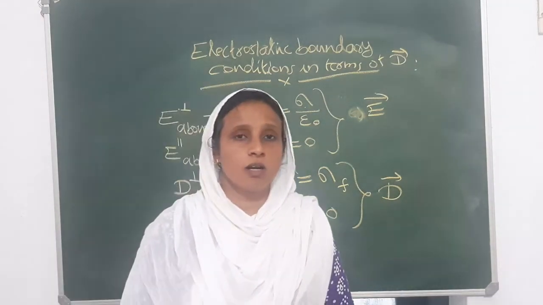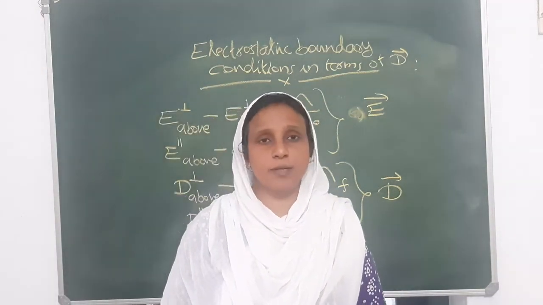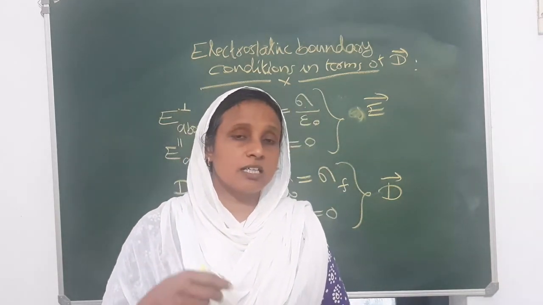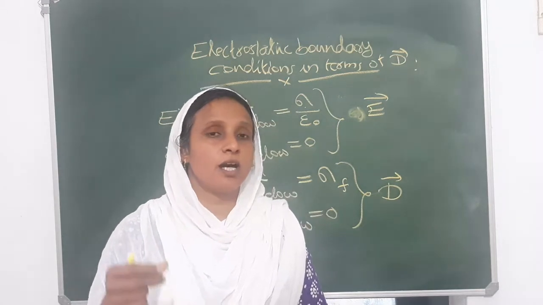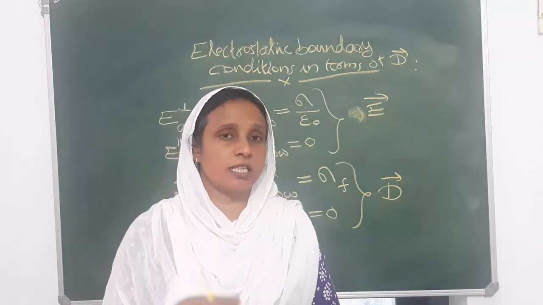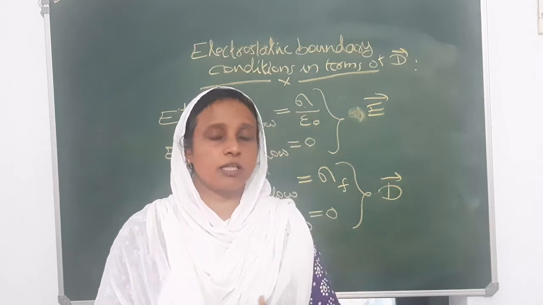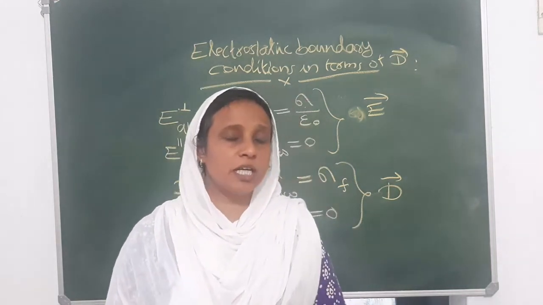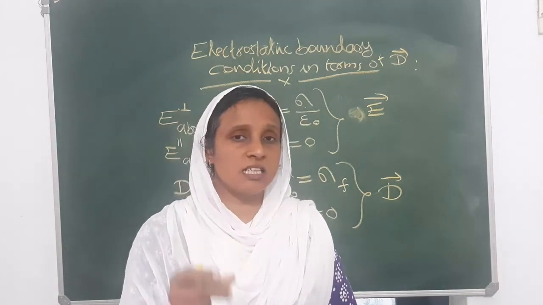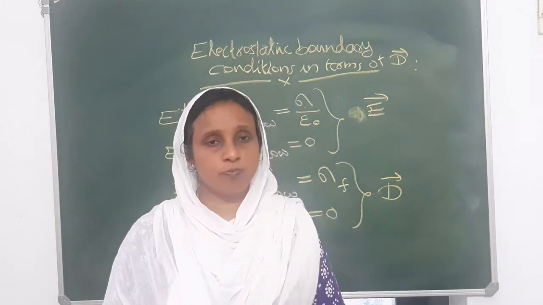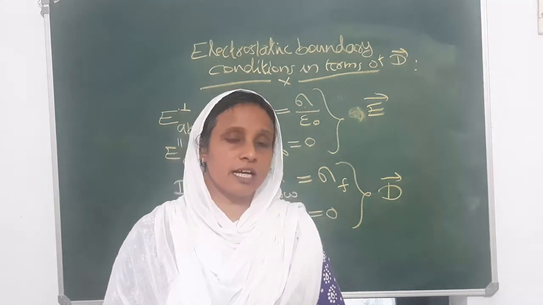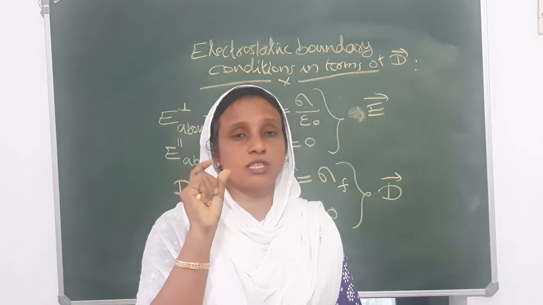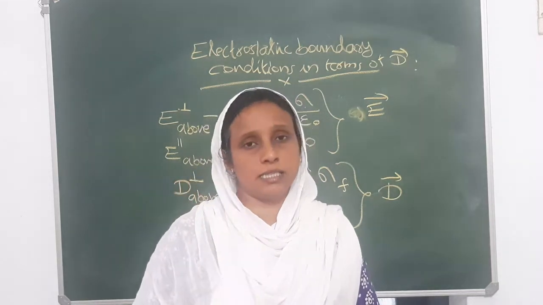Now, I think I can wind up. Gauss law in the case of a dielectric: there we replace the charge density by bound charge density plus free charge density, and we derive the corresponding Gauss law. Then we introduce a new parameter, known as the electric displacement vector, vector D. Then we write this Gauss law as del dot D equal to rho f, where rho f is the free charge density.